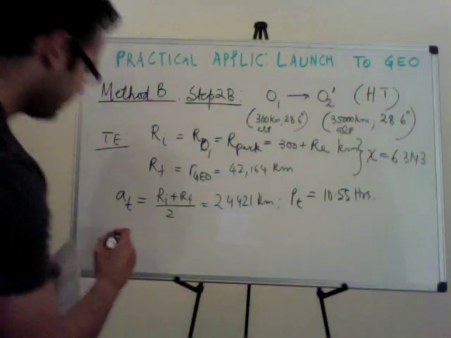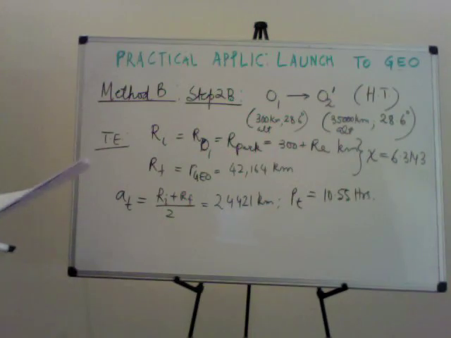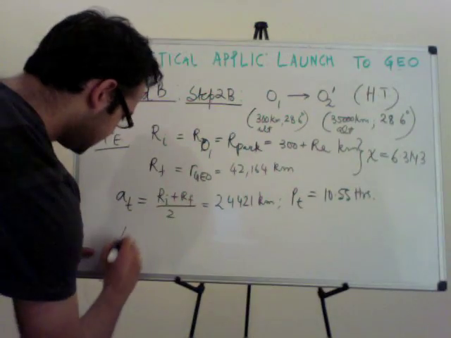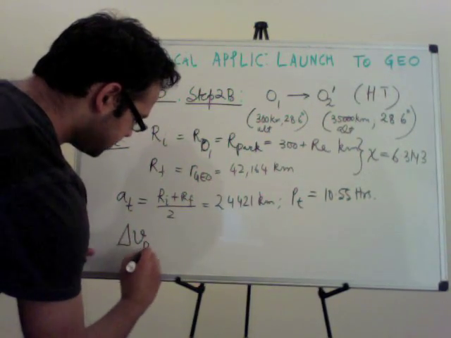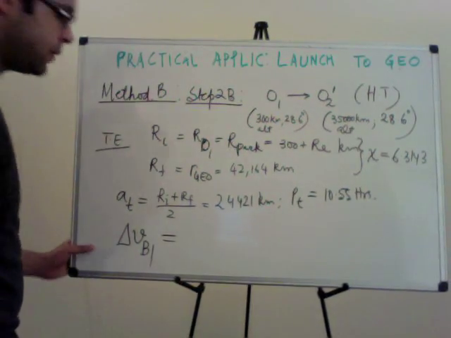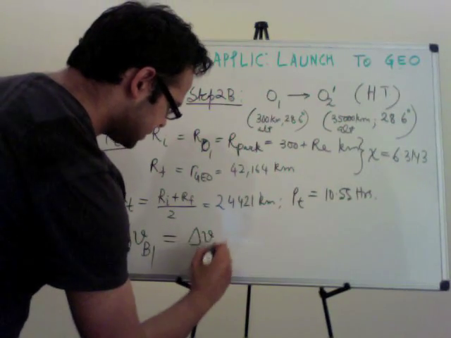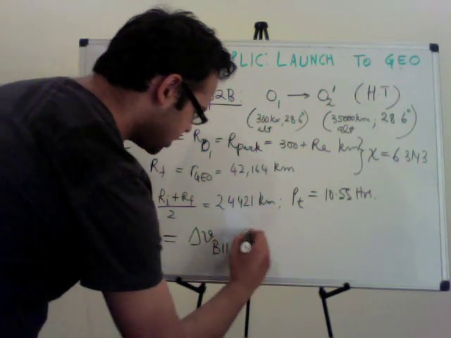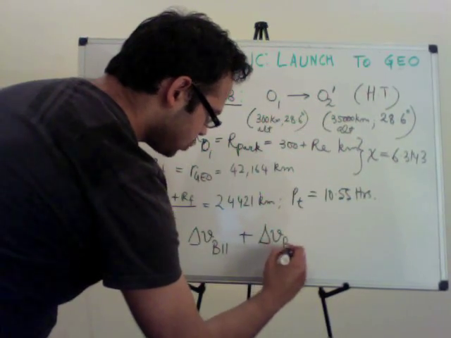So it's not a surprise at all that the delta V is going to be the same. Delta V, method B, first delta V is decomposed of two parts, the two parts of the Hohmann transfer,